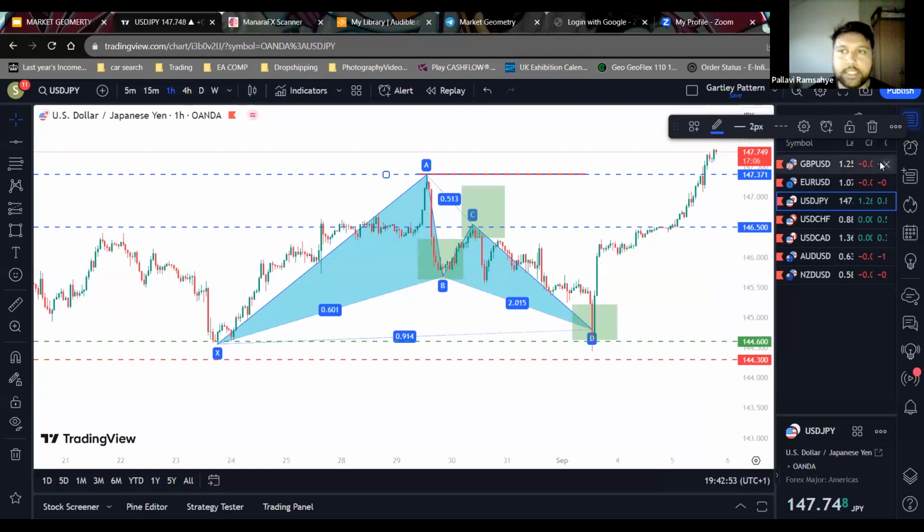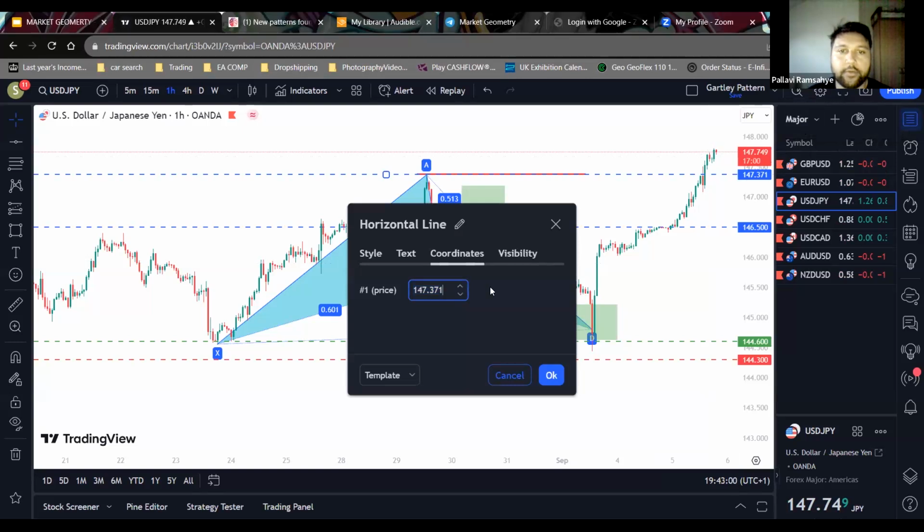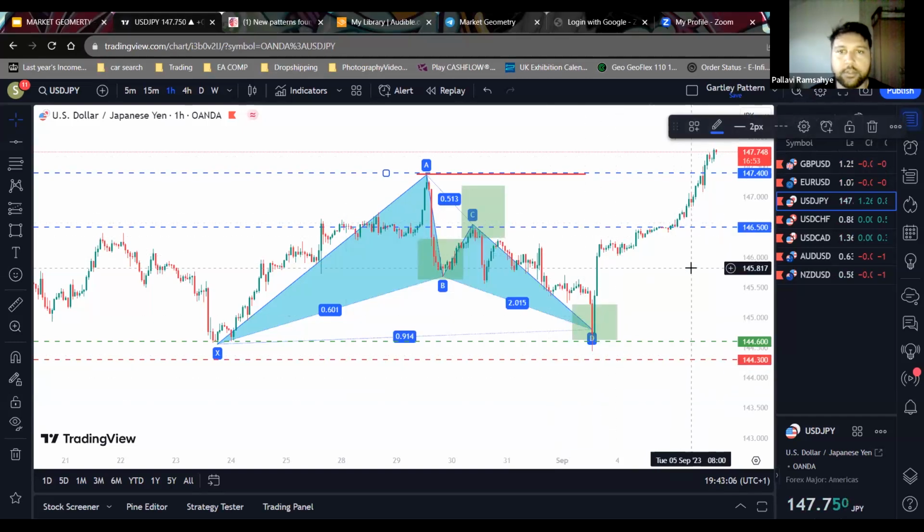So I personally would round it up to 147.400. You could do 400, you could do 300, but I would do 400, because it's closer to that level. And then again, if we're new to trading,